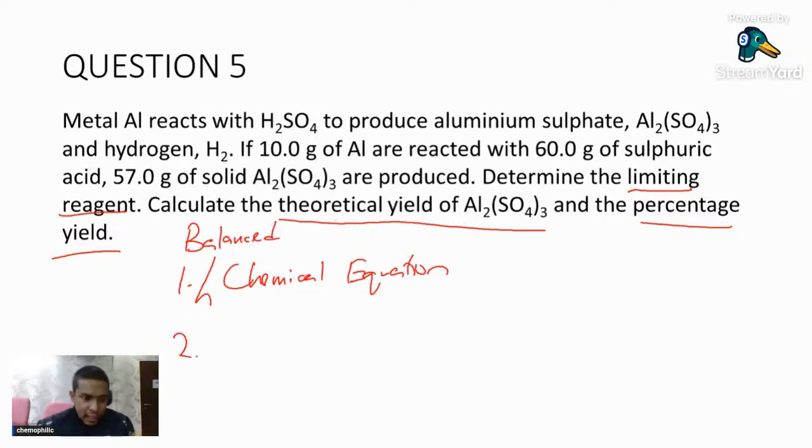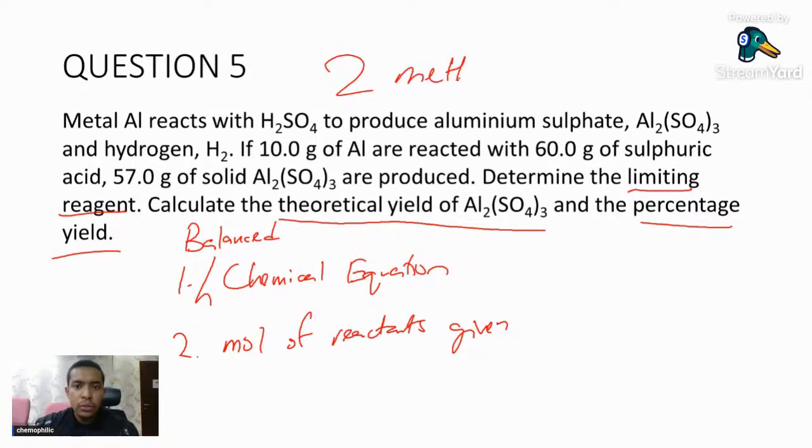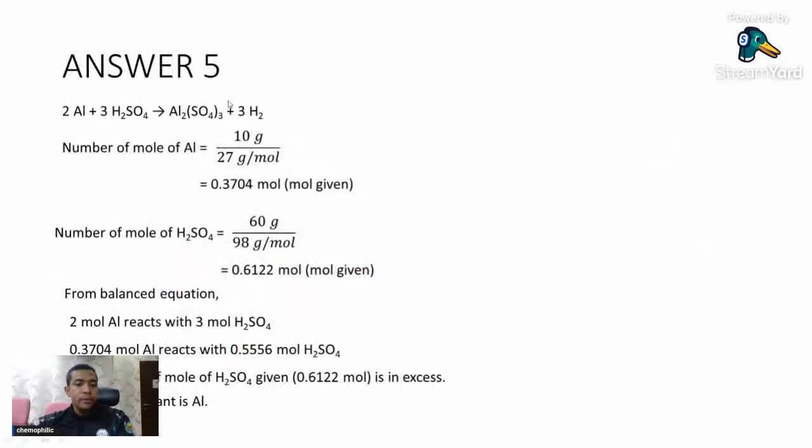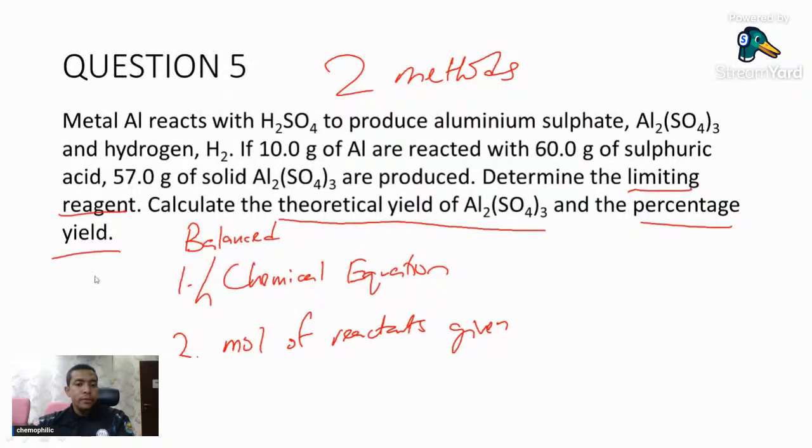And then after that, you need to calculate the mole of reactants given. And then we will do a comparison. There are two methods that we can use to find the limiting and excess reactant. So I will show you both methods. First, we do the first method. First, we need to know the balanced equation. So you can see from here, it says there,